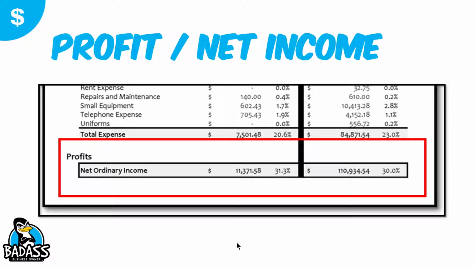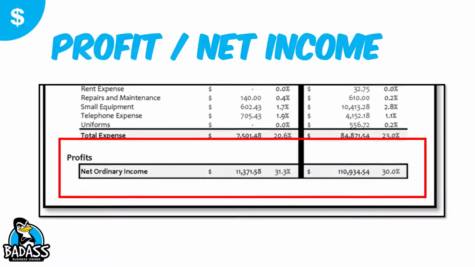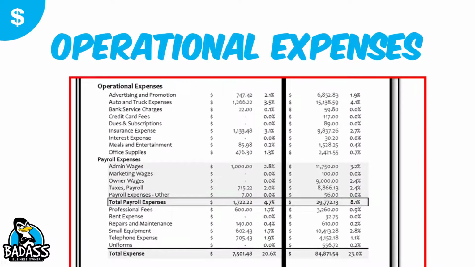So profit-wise, he made $11,000 in profits that particular month, after he had paid everything. So it started off in sales at 37, but by the time he got to the bottom, it was 11. And that's what he's able to dive into to understand his business numbers, because now he can actually go back and take a deeper dive into any of these categories to be able to understand where his money's going and